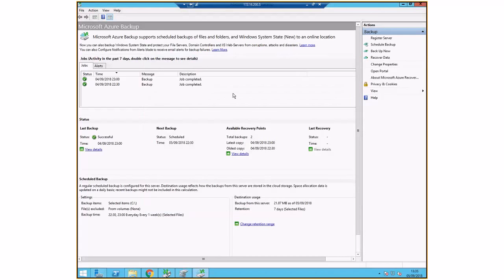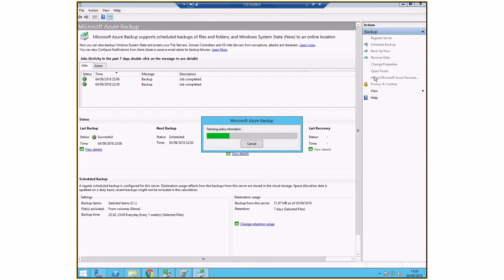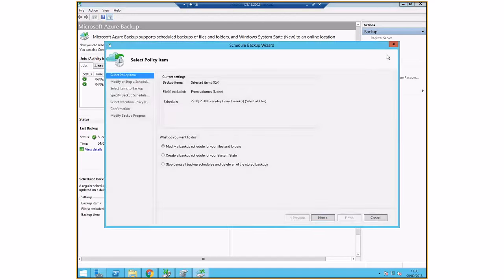Okay, when the registration is done, it means this agent now has full connectivity to your Azure subscription. The next step is literally just to go and schedule a backup. In my case, I did a backup already last night or yesterday at some stage, just to make sure everything was working. If you're launching the backup tool for the first time, you will see the starting point here.